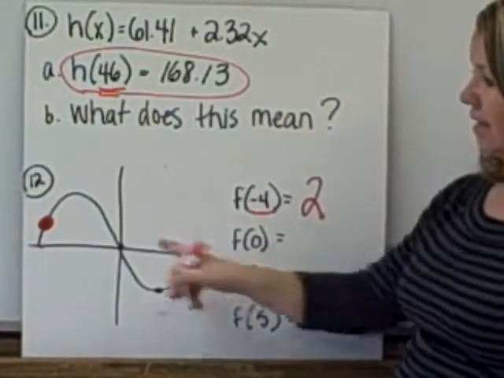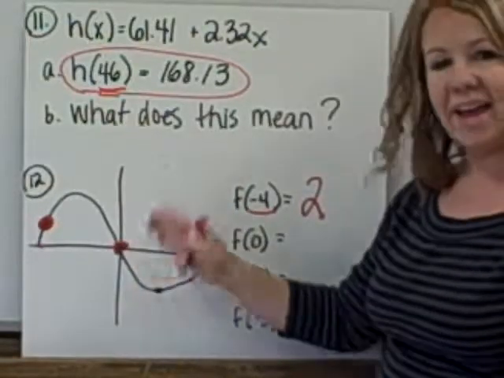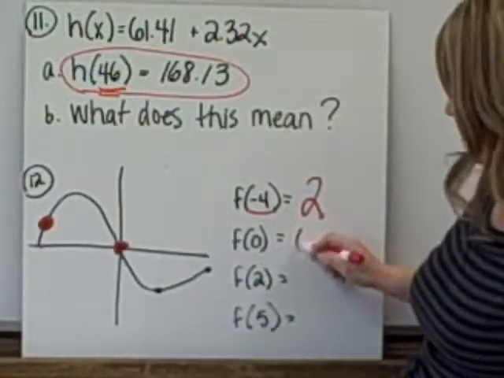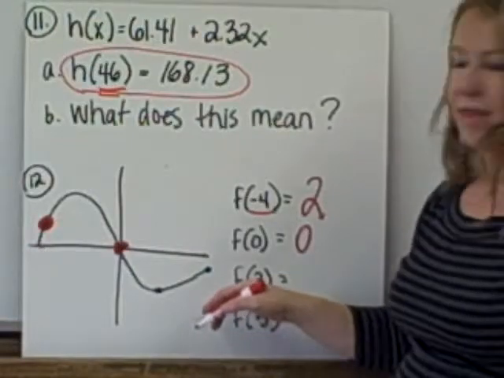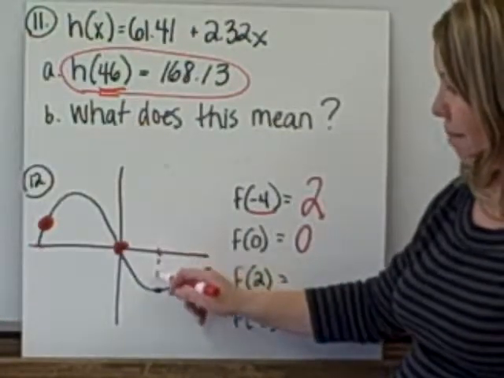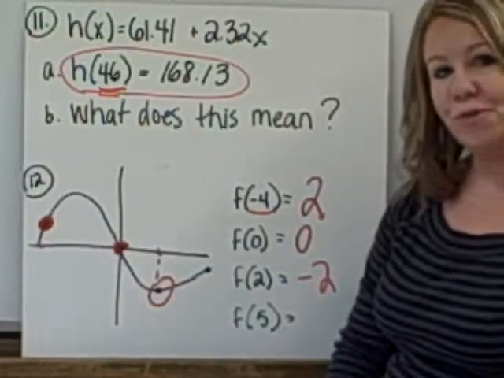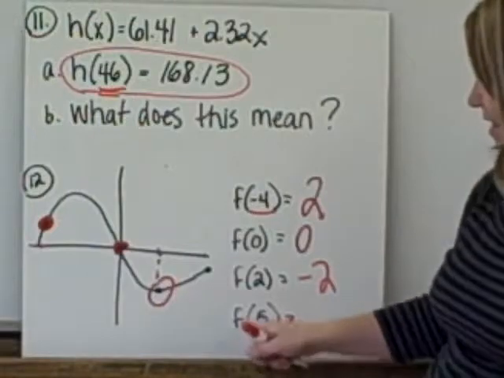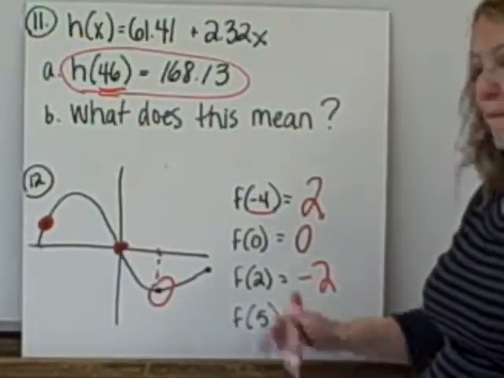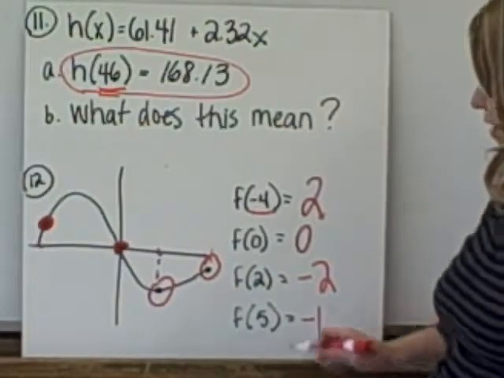If the x is 0, that matches up to the point where the y is also 0. When the function, or x, is at 2, that matches up to the y that is at negative 2. And last but not least, when the function is at 5, the y is at a value of negative